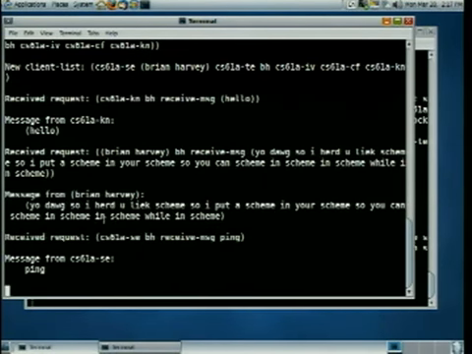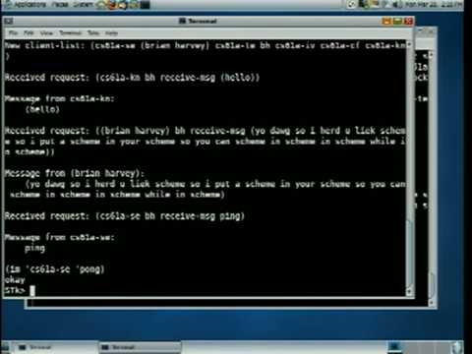Interesting. So unlike real IM software, this version is instrumented with a lot of extra debugging printouts. So you see a lot of junk scroll up on the screen about, I got this message and I'm doing this. And that's so that when you're working on it in the lab, which you will be this week, you'll have an easier time of debugging what you do. Ping. OK. I am, quote, CS61A-SE, quote, Pong. All right.